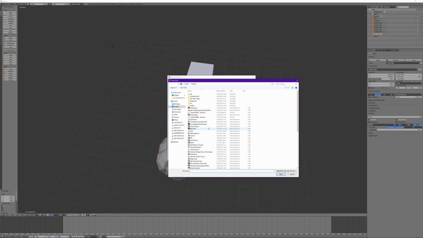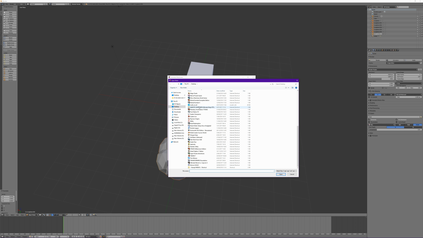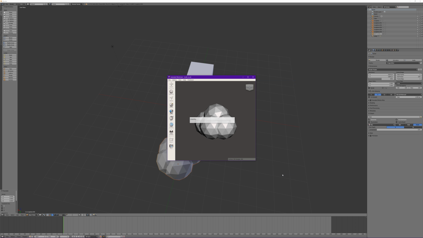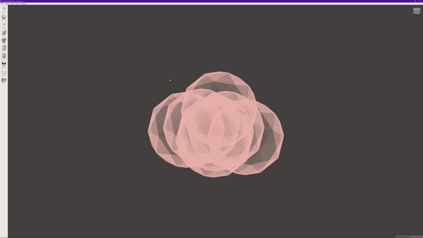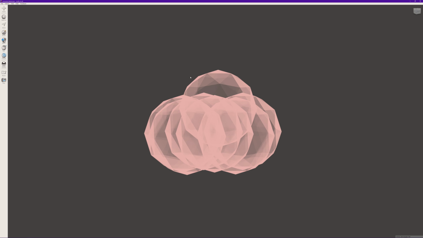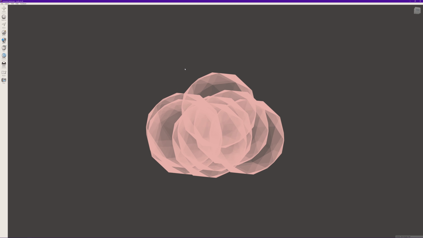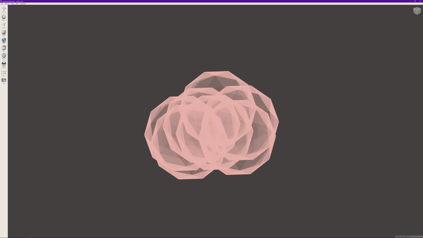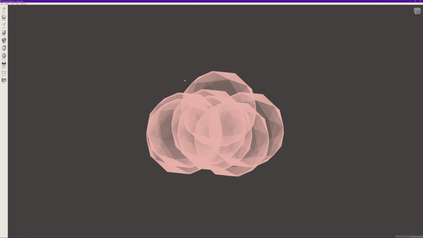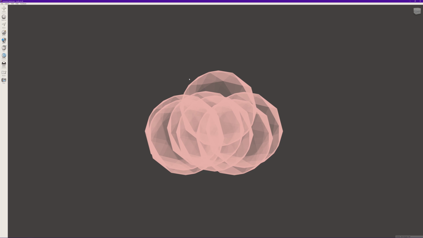So if we go import and our multi-ico, maximize that, and if we go up to view and toggle visibility, what you'll see is all of those internal faces. So the spheres are there in their entirety. And when it comes to 3D printing, internal faces like that